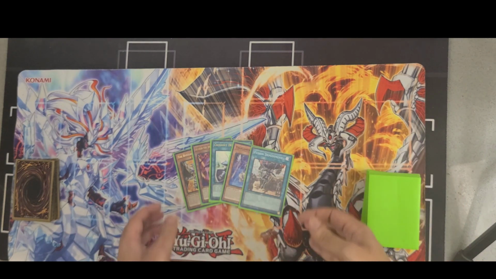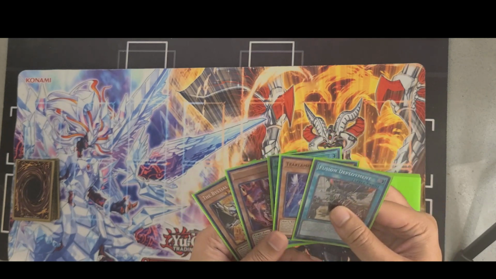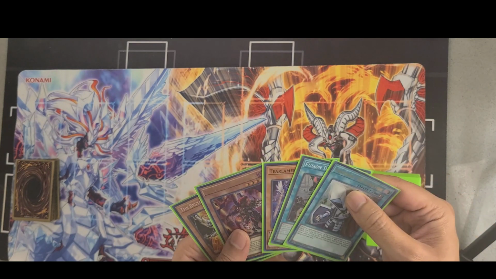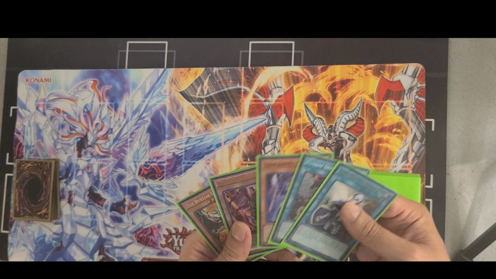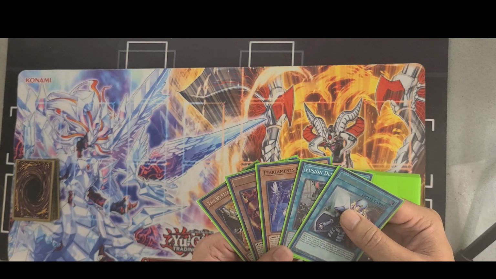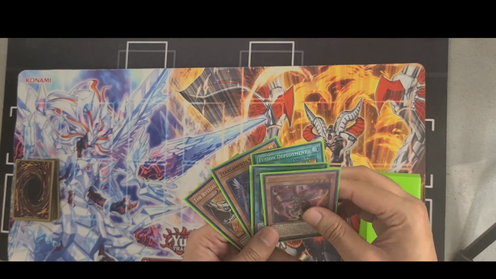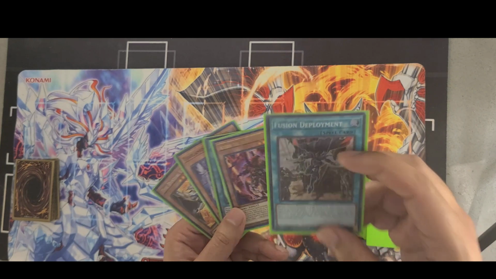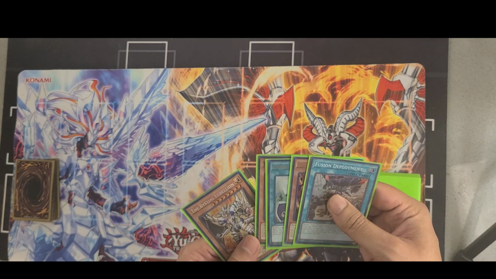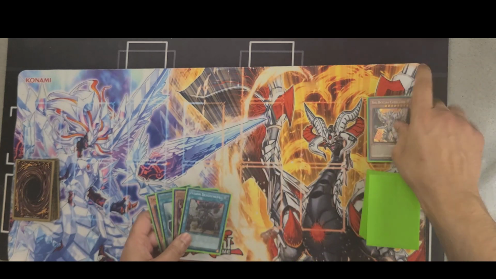Alright, this is also another pretty great hand. We have the Crossout to protect ourselves, and then we have pretty much, yeah, 2 different lines of play here I see already. We have our Branded line of play, and we have our Tearlament line of play with the Fusion Deployment. So first off, we're gonna use Lubellion's effect, send itself to the graveyard,